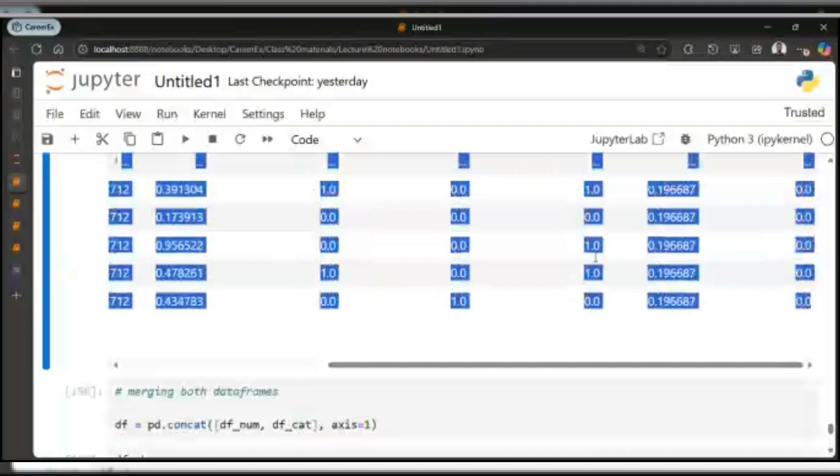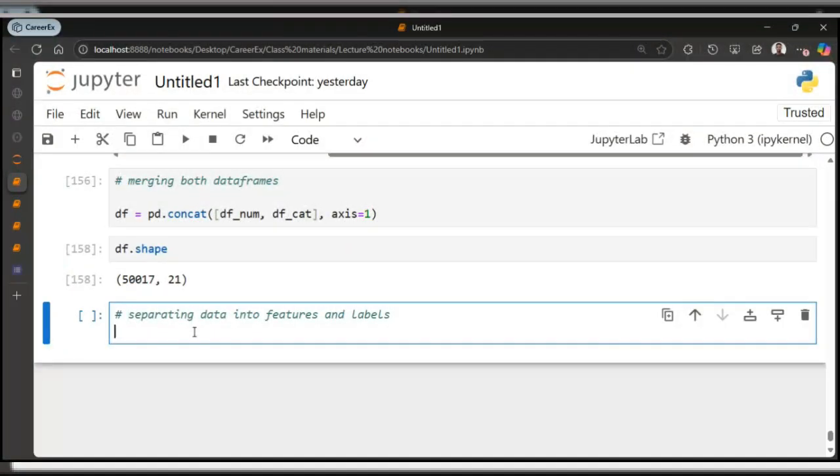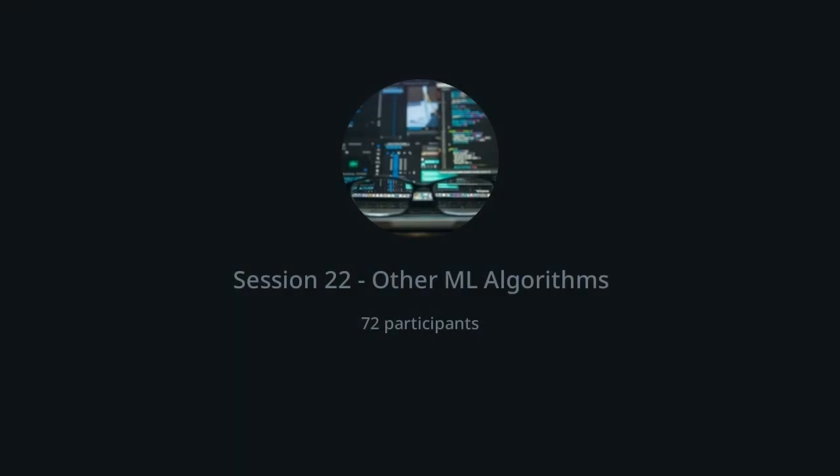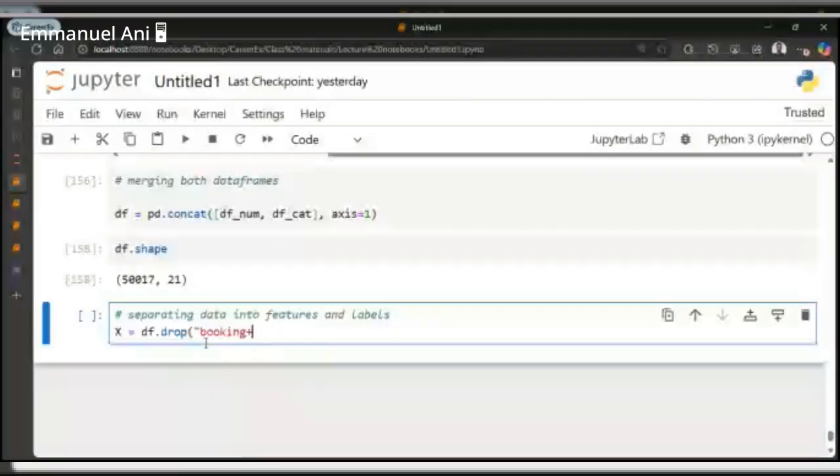So we'll just say X, you can name it X, this is the most commonly used variable, equals df.drop booking_complete.